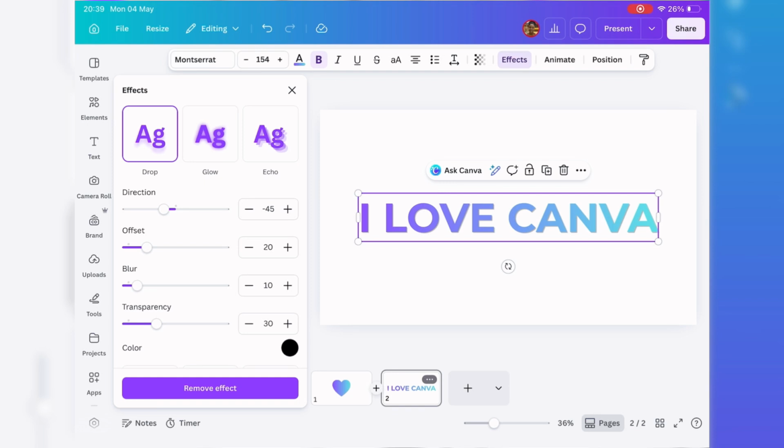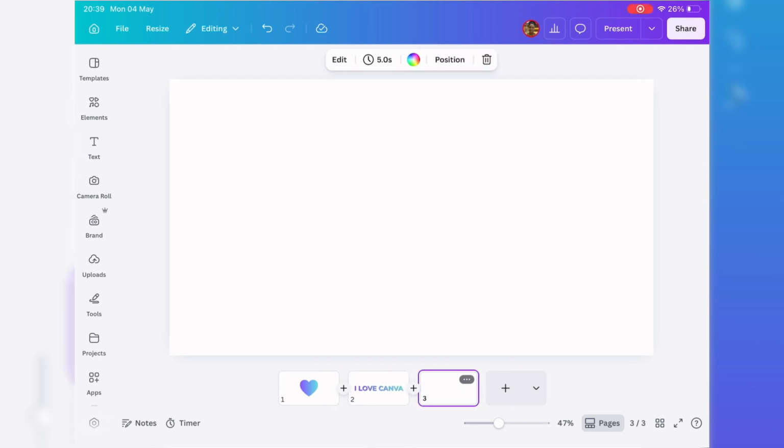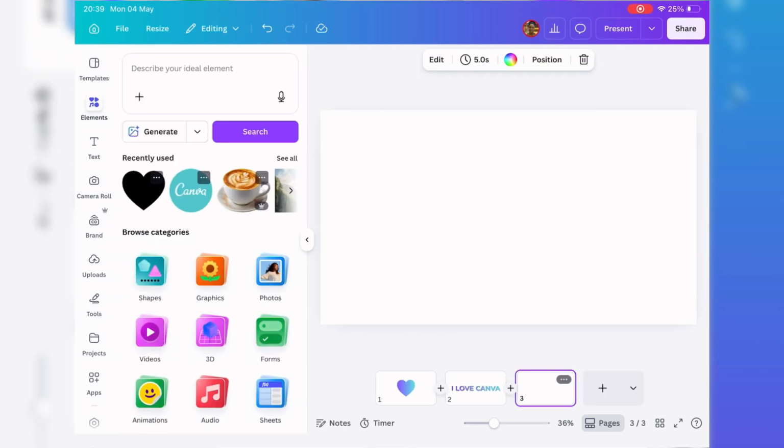and I'm going to go to effects like the first time, and I'm going to add my drop shadow. And as you can see, you can play around and you can choose the direction of the shadow and the blurriness, the transparency, and you can offset the shadow as well. So it is really as simple as that. You can apply this drop shadow effect on shapes, on text, and now I'm going to try to apply this